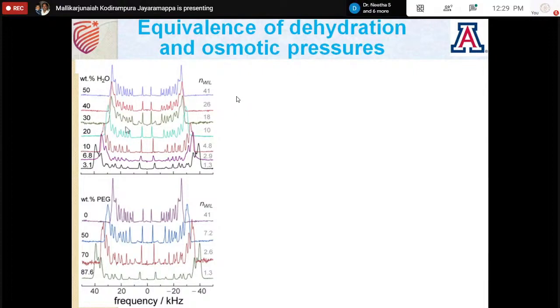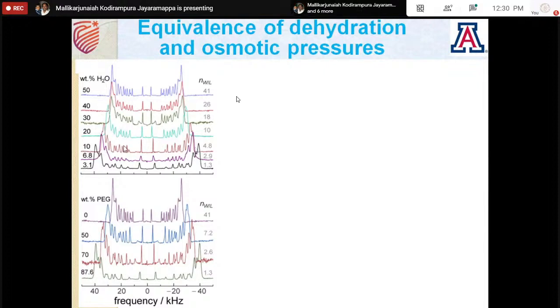The second way is, I added a sufficient number of waters with respect to lipids, and then I kept on taking out waters present within the system. Therefore, I am dehydrating the given lipid water system. Then, as you can see, with 58% water, the quadrupolar splittings were very small. But when we started taking out water molecules, when I decreased the water percentage to 3.1, as given here,